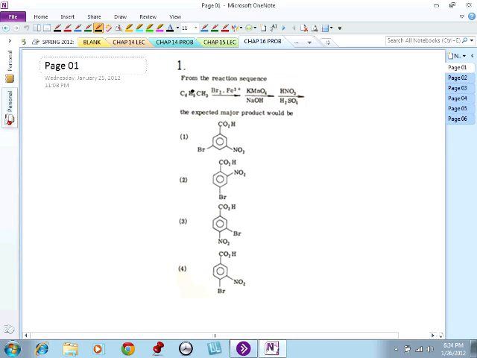Okay, the problem in number 1, I know many of you will find it difficult to read, but I do know that Jessica has very good eyes. Jessica, go ahead and read that question for us. Very good. From the reaction sequence, the expected product will be, what is the reaction they've given us? They start with toluene, this molecule here,